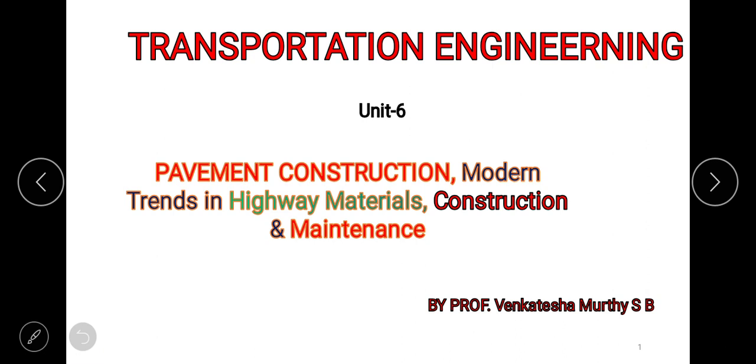Then construction materials, geometric design of various elements, etc.